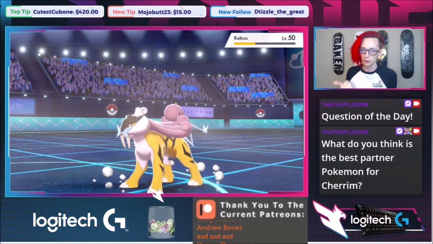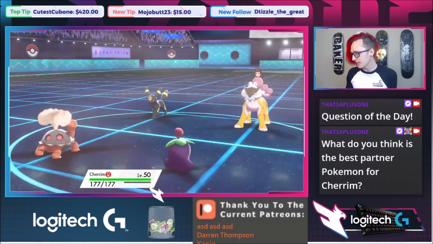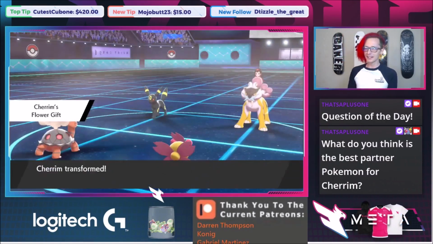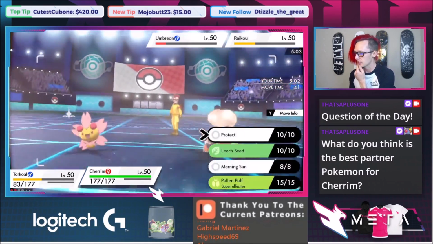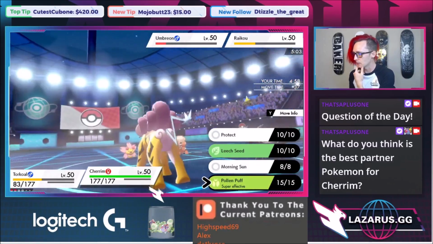Cherrim has the value versus a Raikou. They have Weather Ball, but I almost want to say the fact that we get a Spadef boost from Flower Gift is big. We're going into the end game. I think we have to Eruption. I think if I actually set up a Leech Seed, I win. But I'm going to try and go for the Pollen Puff to make my...